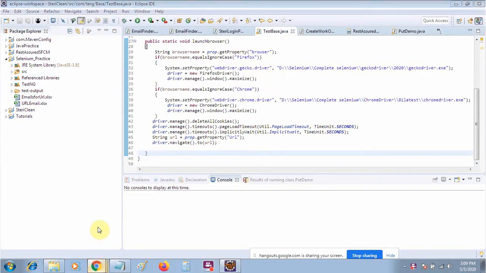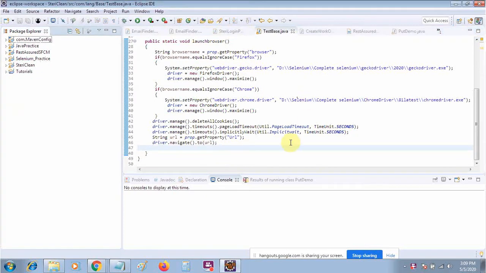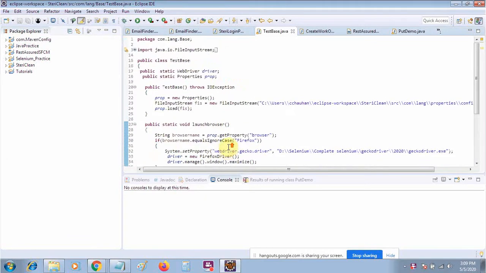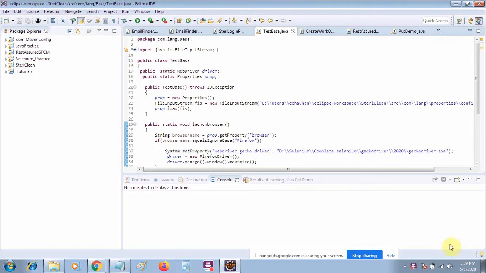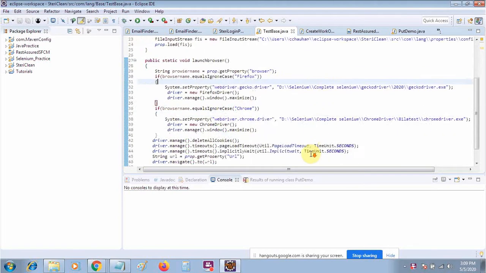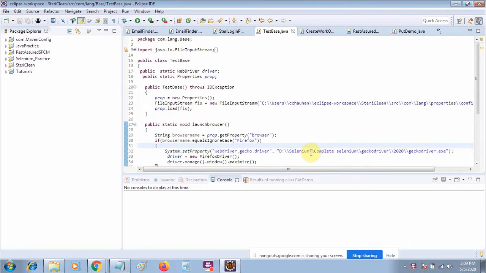So hello everyone, this is the third Java with Selenium tutorial. Today we will discuss the basic terms, like how to launch the browser and how to perform the basic operations. After that, we will move on to advanced topics like advanced XPath, and then to framework designing, like POM and TestNG. These are all things we will move on to.